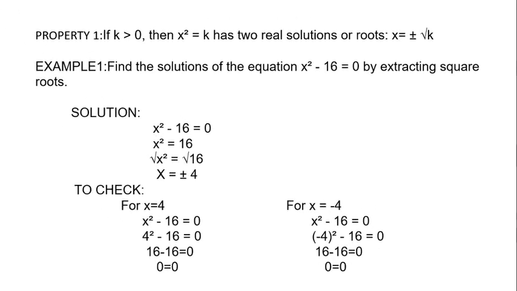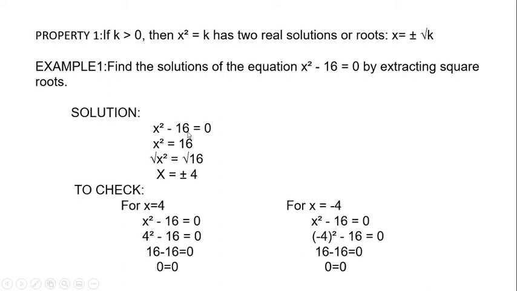Example number 1, or property number 1. If k is greater than 0, then x squared equals k has two real solutions or roots: x equals plus or minus the square root of k. Example 1: find the solutions of the equation x squared minus 16 equals 0 by extracting square roots. Solution: